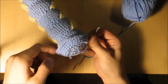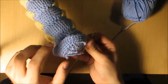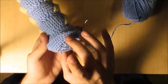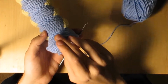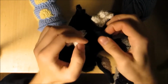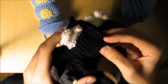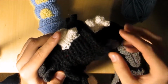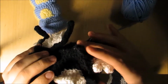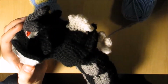So now we're just gonna do a couple of normal rows, and then when I have a cylinder that comes out a little bit, I can force this side too to go flat like so. If you get what I mean, you have a normal row, and then you force the side on like so. Then you can continue a cylinder, and then you can do this side things later, just make it an add-on. It's easier to make the shape. So you're gonna do that to get the shape of